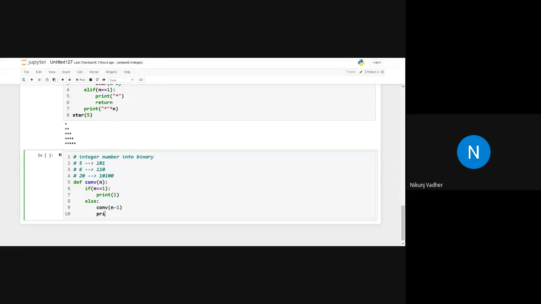Then we will print, keeping the cursor in the same line, n modulo 2, comma, end equals to.